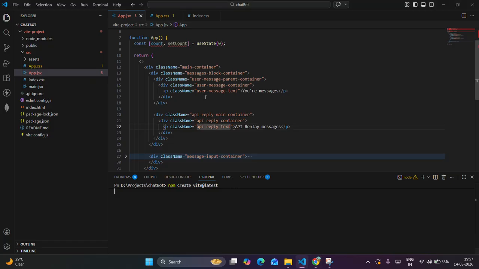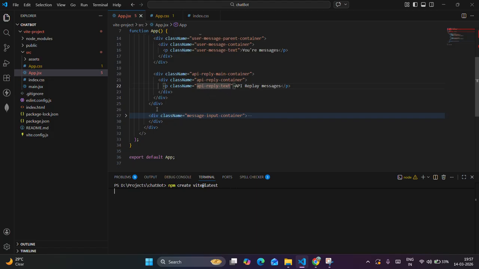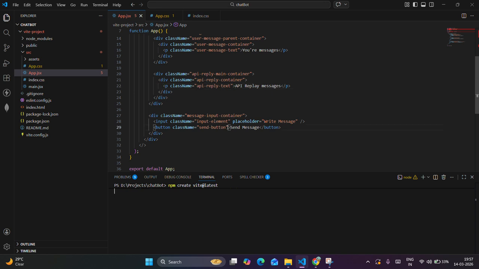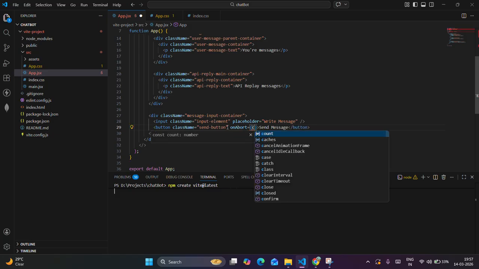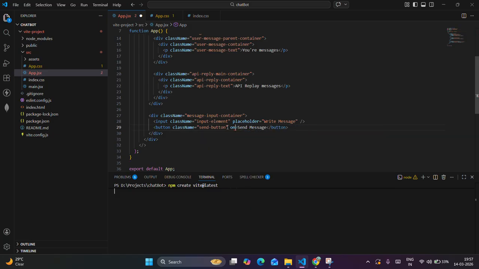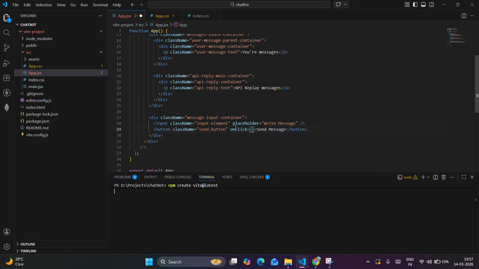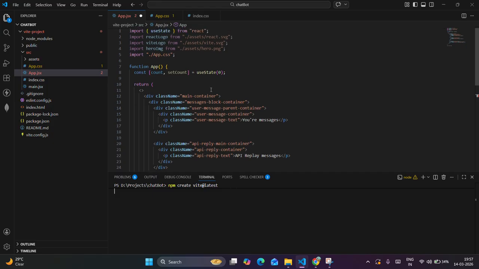Right now I'm going to add a function for the button on click event. And now I'm going to add on click for the button. So what is it doing is, so I'm going to use